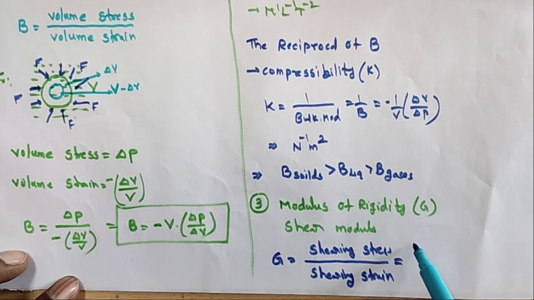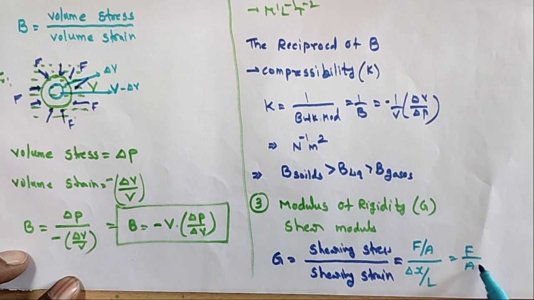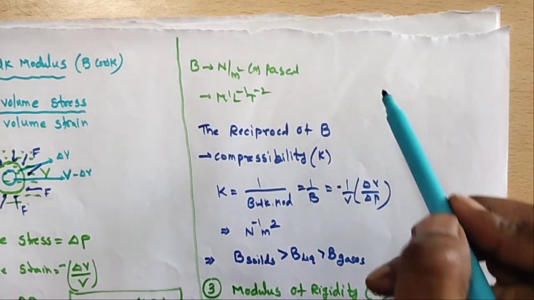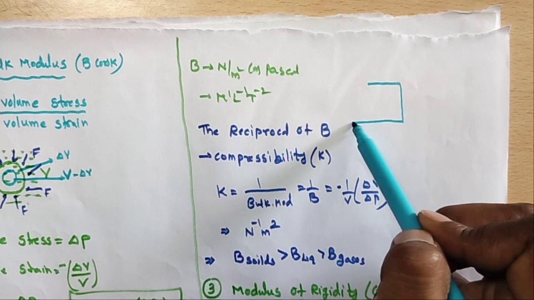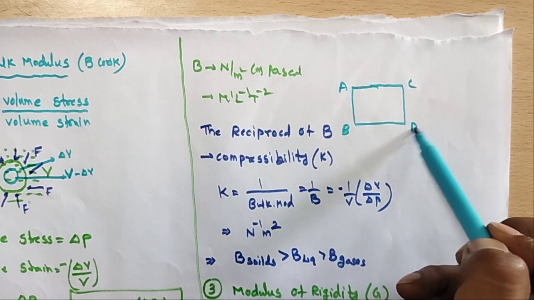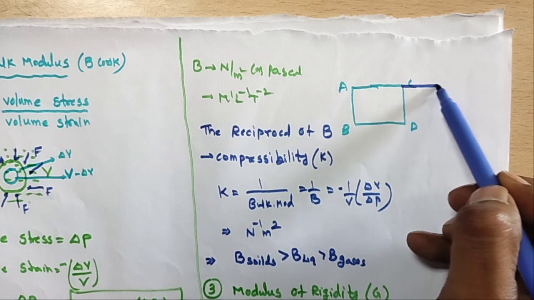Shearing stress means F by A, F being the parallel force, and shearing strain is equal to X by L, or sometimes delta X by L. So that is F by A into delta X by L. Here I am taking one diagram, I will explain. This is one cube, A, B, C, D. When the force is applied at the C,